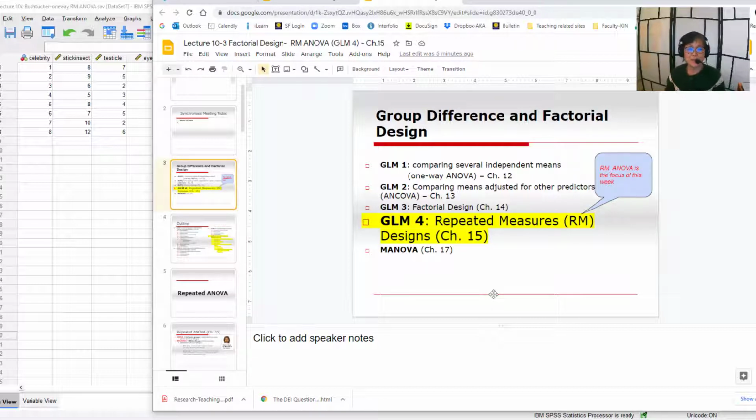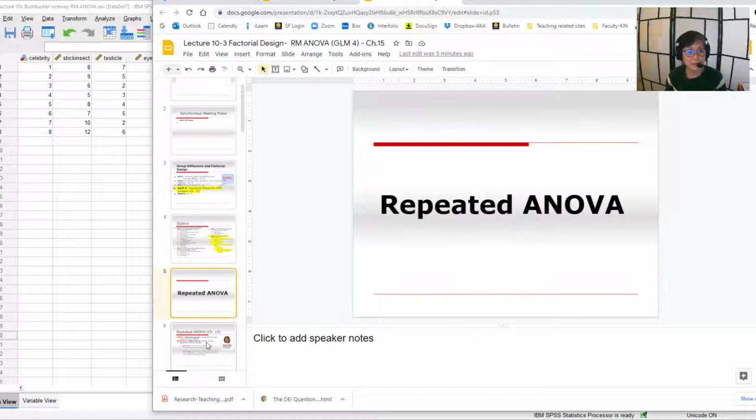GLM, repeated measure. This is the last topic under group differences and factorial design. So we're going to learn one-way repeated measure ANOVA analysis today. So, repeated measure